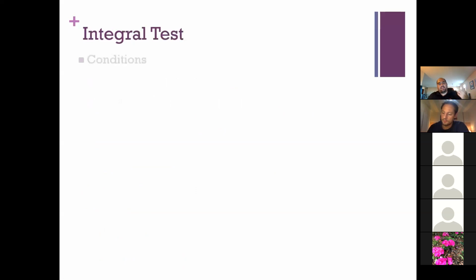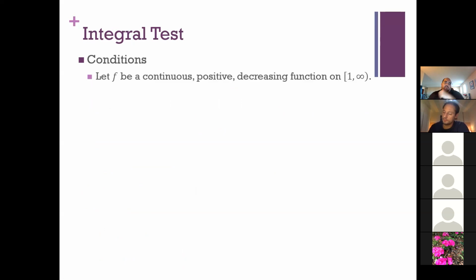All right, so the integral test, which is basically what we just went through. Here are the conditions under which it works. You want your function to be continuous, positive, and decreasing. Pay attention to all three of these things. The functions we just dealt with were both rational functions. They're continuous, meaning I did not include 0 in my intervals, which is the only place where they're not defined. They're all positive, since dividing 1 by a positive number gives you a positive number, and they're all decreasing. So I'm okay on all three of those fronts.